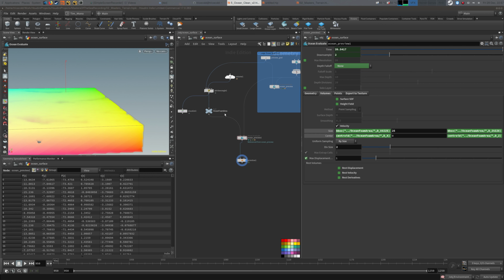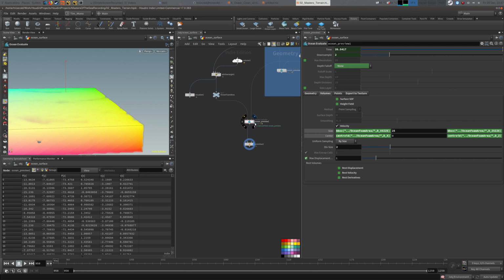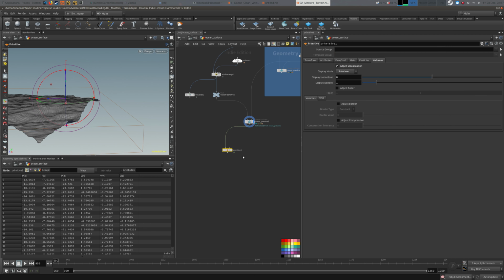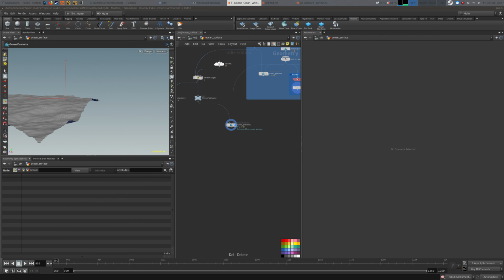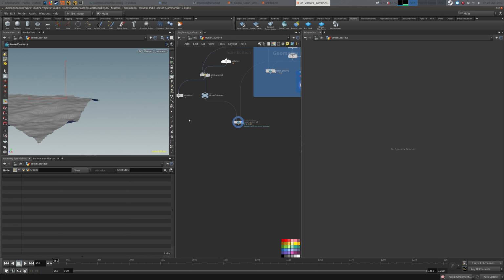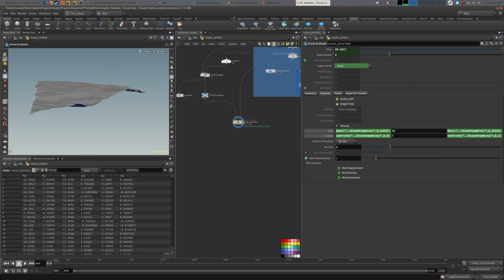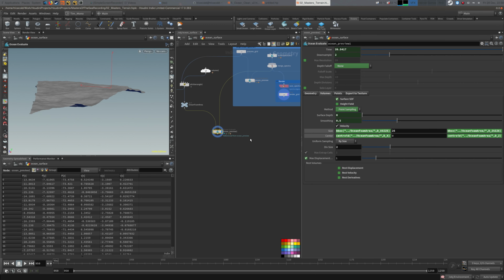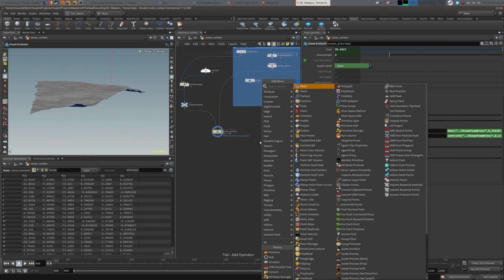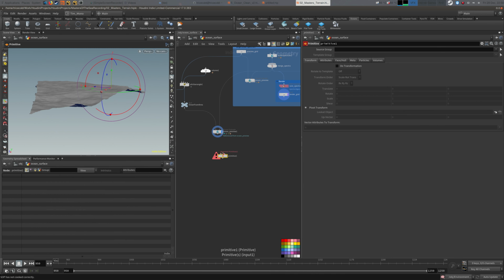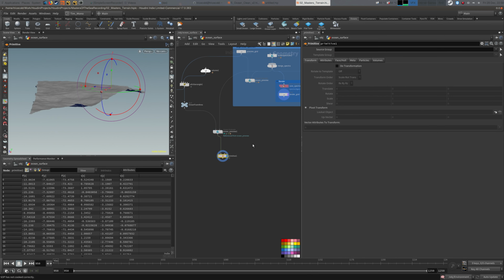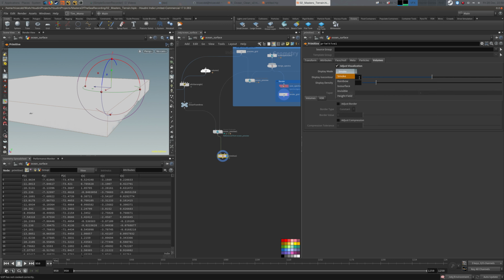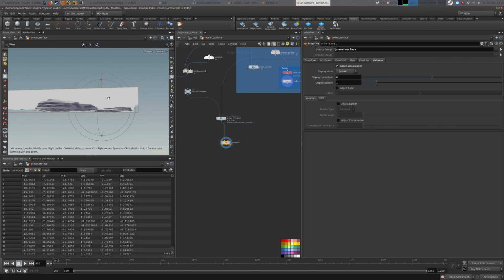So we are going to, I guess, so this is our geometry. We have a velocity field, nice. What we can do now is that we also want to create a surface field from this. There is a surface field node here, but somehow I'm not sure how this works. So I do prefer to create my own. I'm not entirely sure if this works just fine out of the box. Because if I set my volumes to visualize surface, it gives me the opposite. It's almost correct,